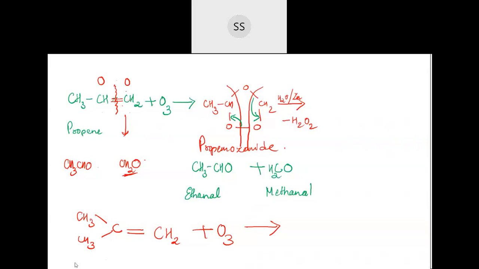See here. We are adding across this. No, you are breaking this. Correct. One oxygen here, one oxygen here. So I will write that product here. See, this is how the product will be. CH3 and here CH3. Double bond oxygen will come here on this side. Then the other side you are adding double bond oxygen. So it should be like this. This C will have double bond oxygen.